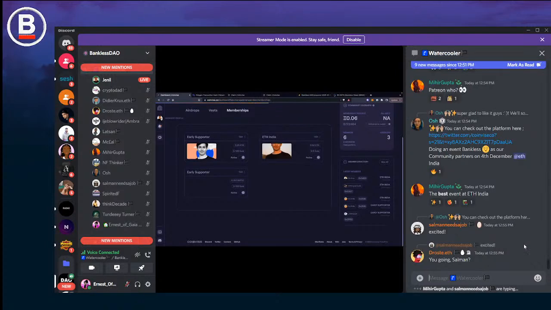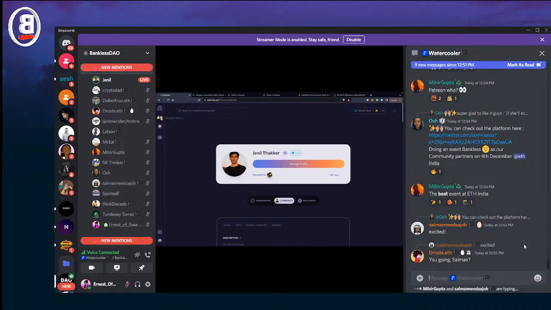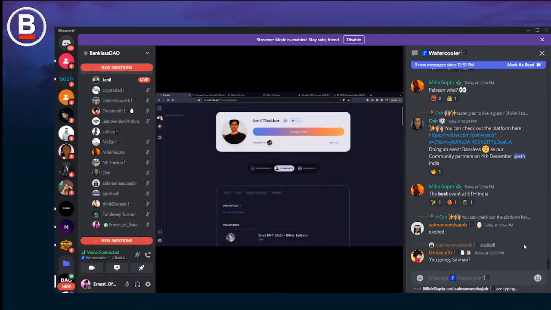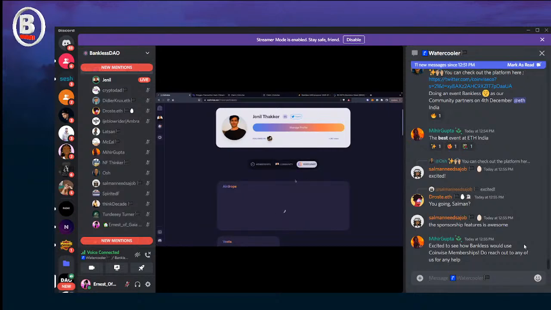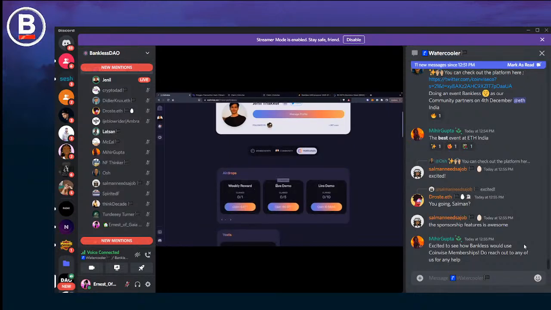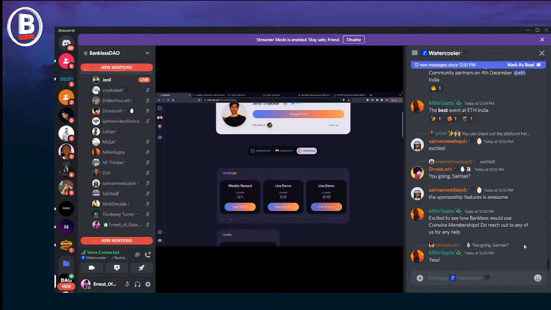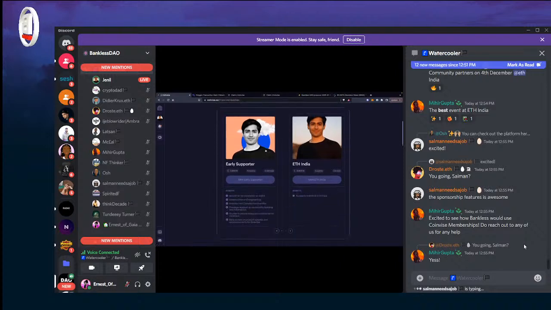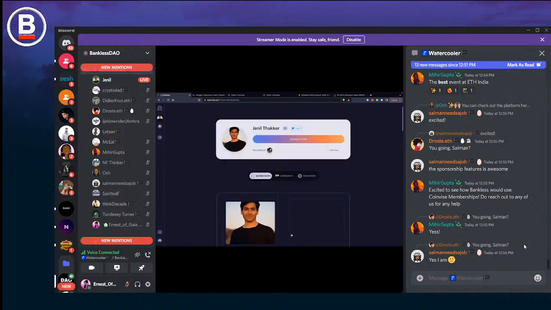Every community, similar to, in this case, Bankless DAO, can have their own profile, their space, where you can explore all the active airdrops that you have. So I have a bunch of demos that I've done in the past, so you can see all those airdrops right over here. You can go to their page by just going to this profile. And if you have memberships created, you can see all the memberships right over here, and people can go mint it for the particular price.